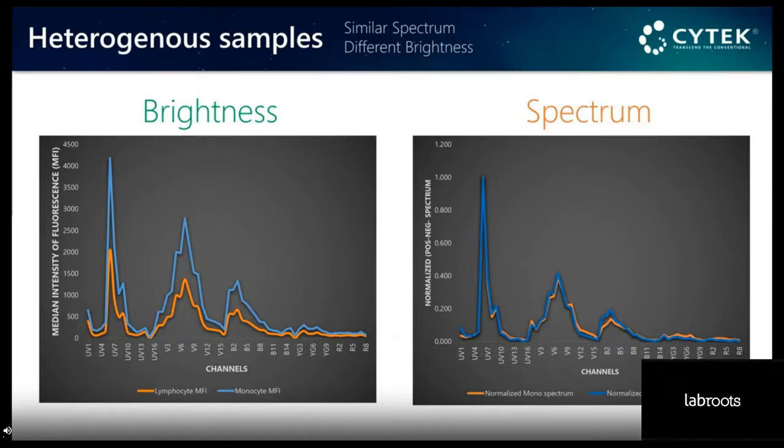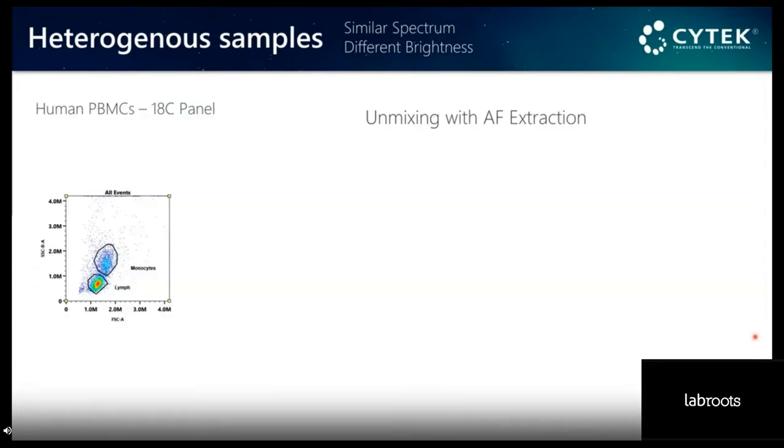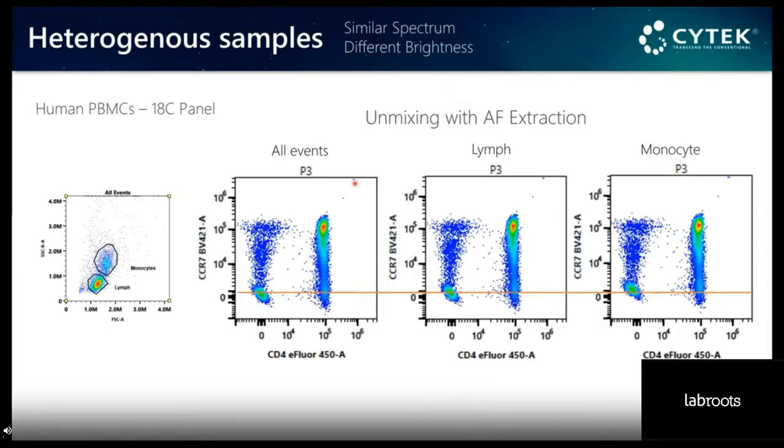If now we use the same scale for both, taking brightness out of the equation, comparing only the spectrum, we see that they are highly overlapping. Very similar ups and downs in those signatures that are going to be reflected in their results. And let me show you, for the same 18 color panel, those 2 subsets. What happens if I do unmixing with extraction using one or the other as your new tag, new fluorochrome in your panel? If you use all the events, or if you use lymphocytes or monocytes, and here just showing you one plot,